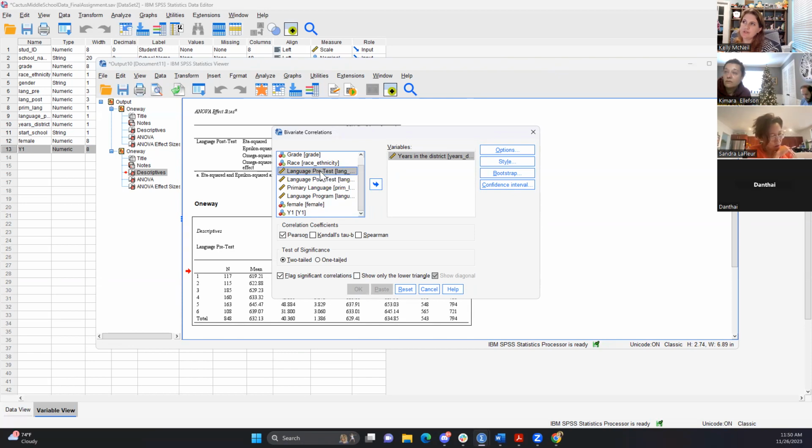Or do we want to do pre-test and post-test? I think just post, right? Because ultimately it's years in district and how they perform on the test. Yes. But as I was saying, if you think about the pretest, when you're looking at a year 5, that pretest result you get for a year 5 is going to be associated to the fact that they've been in the district for 5 years.